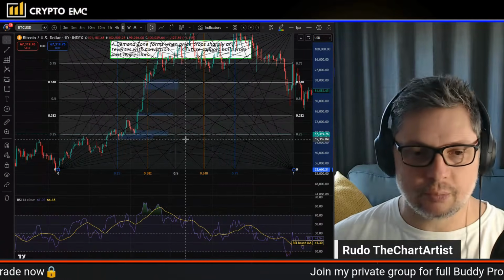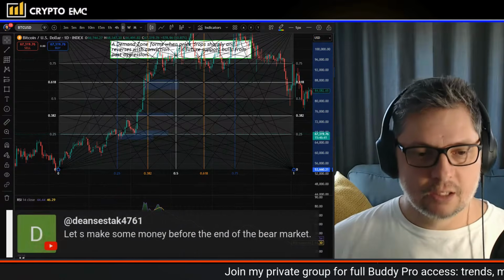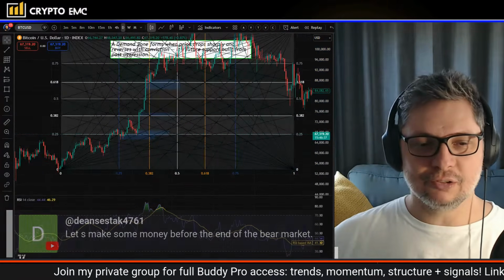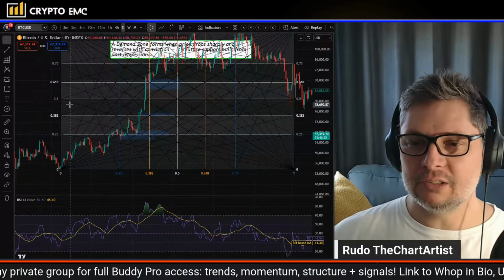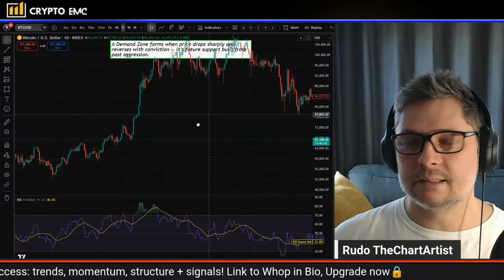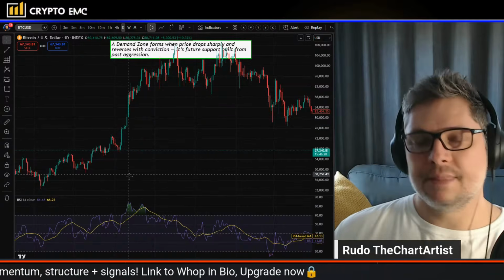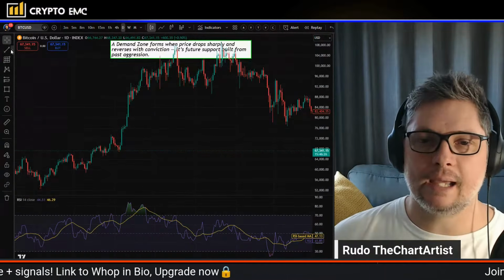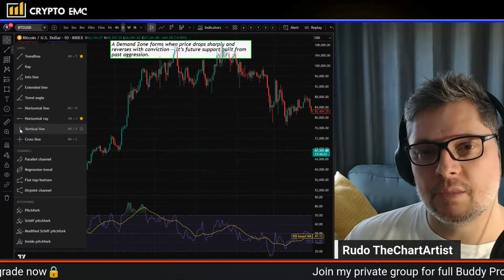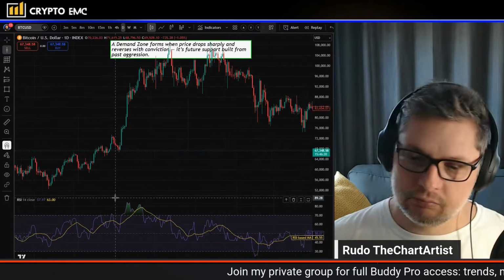It frustrates you because you need a strategy. Okay, so if we want to make some money before the end of the bear market, we need to just simplify this and identify the right demand and supply zones. That's why the RSI is very handy. So what I would suggest is just use the vertical line on the RSI and look at where we